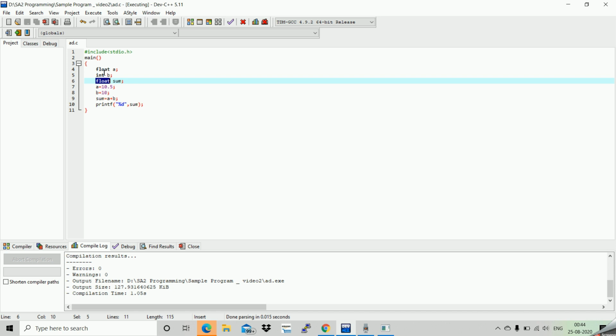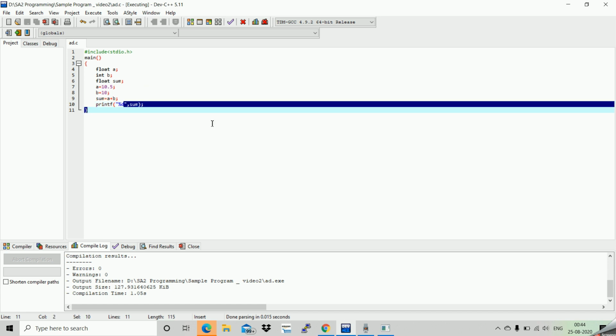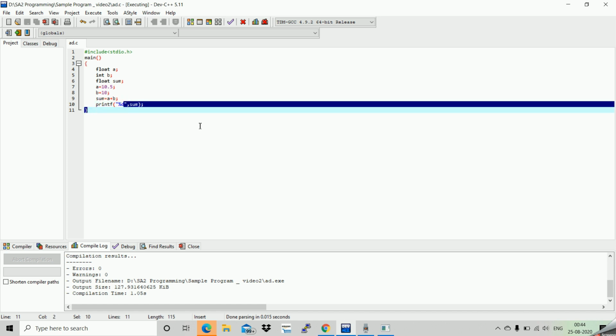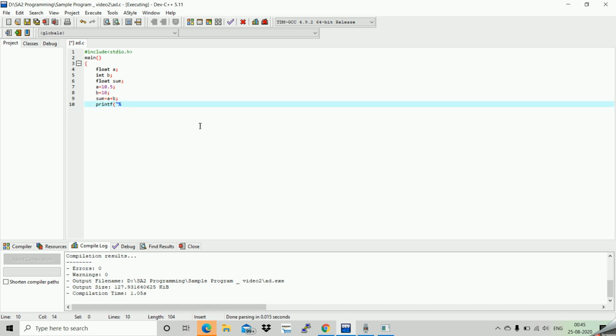Since I told, we need to change the data type specifier as well, to percentage f, sum. Right? Let me compile it. Let's see what happens. Again it is throwing some error.